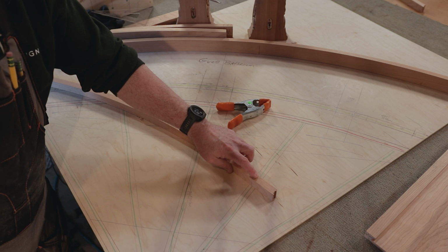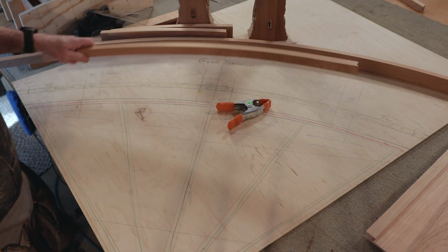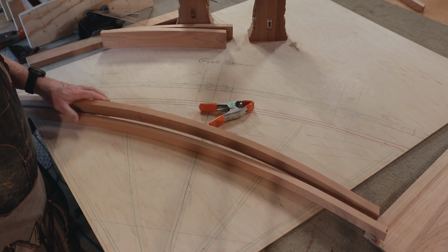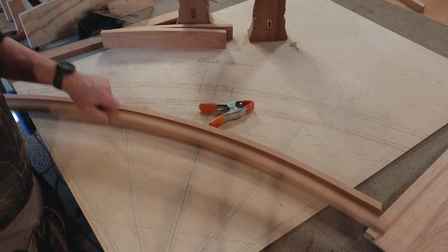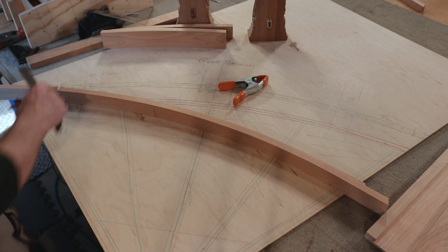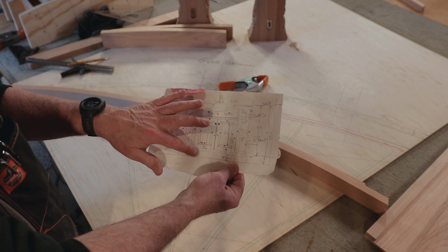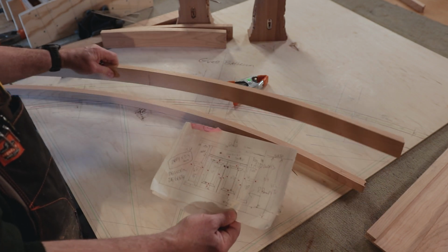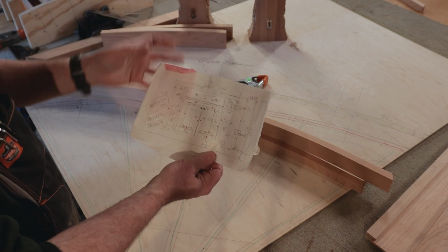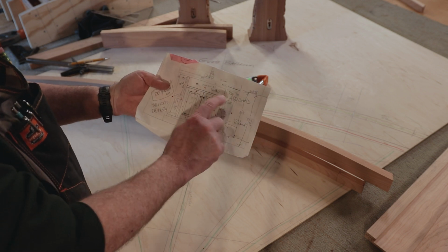So I'm going to cut these on the chop saw, which is right behind the camera here, so I can't really do that right now. But I'm going to do this one, and this one will be identical. So this is the top rail, this is the bottom rail. Those two will be absolutely identical. Okay, so we're going to do the top rail, which is 1 3/4 inches, the bottom rail, which is 1 inch, which are these two pieces right here. All right, then we have another piece over there, that's the mid rail, which is right here. Okay, and we'll figure that one out